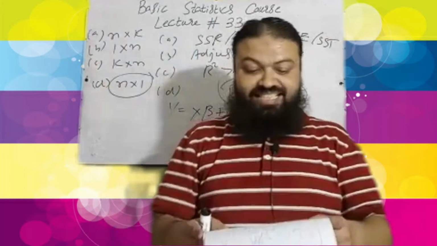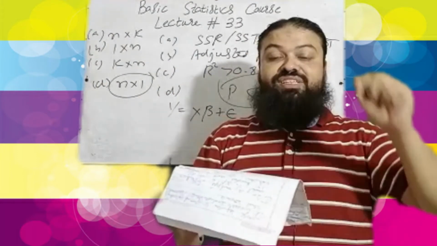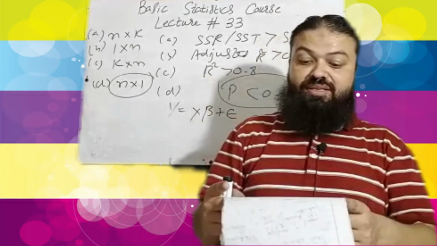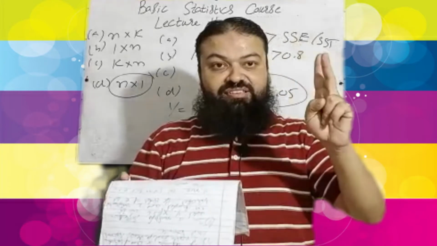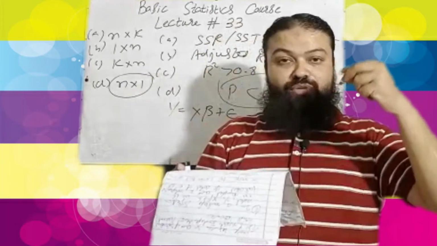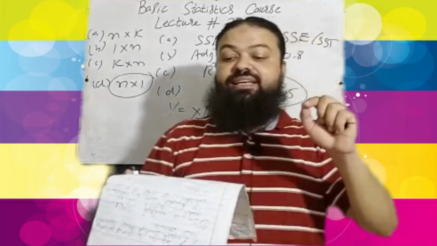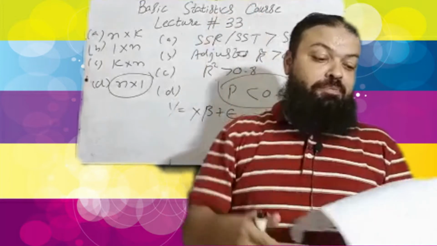Question number 9. In a generalized linear model, the distribution of the response variable, A must be normal, incorrect. B must be discrete, incorrect. C need not to be from exponential family, incorrect. D must be from exponential family. That is the correct option.